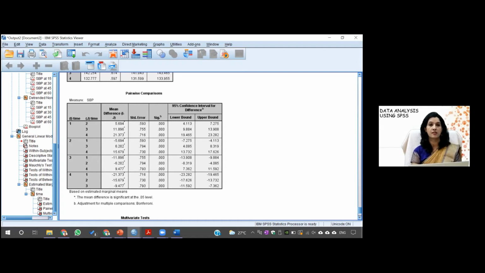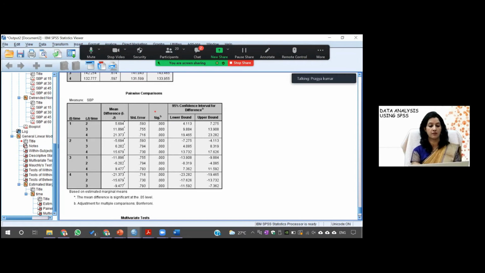What we discussed yesterday is that many values will be the same, because it takes both i minus j and the reference value, it does both ways. So it's better that you start from the lowest row. In the lowest row, you should take all of these. If you see outright, all the values are significant. If you focus on this column, all the pairwise comparisons are